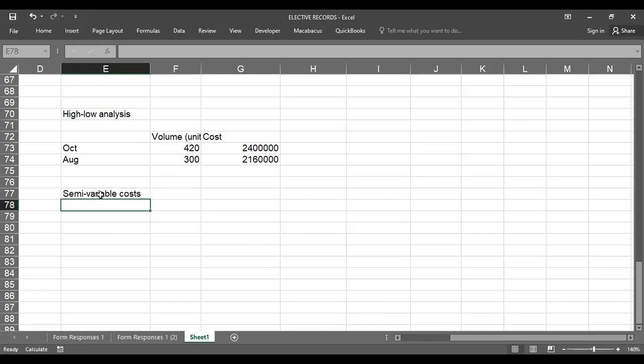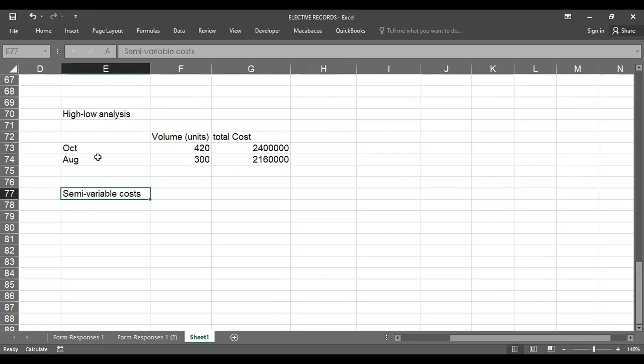Okay, the high-low tries to separate some variable costs, but when you have these total costs, which are inclusive of the fixed costs and variable costs, they're saying that you can apply the high-low method to split so that you know what is variable alone and then what is fixed cost alone. So the high-low method says that,